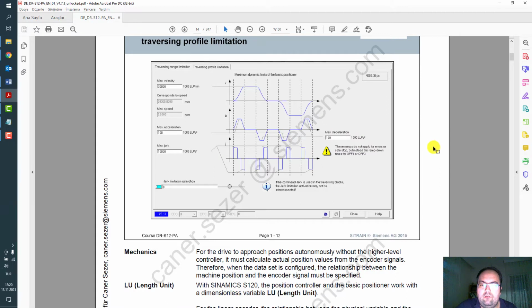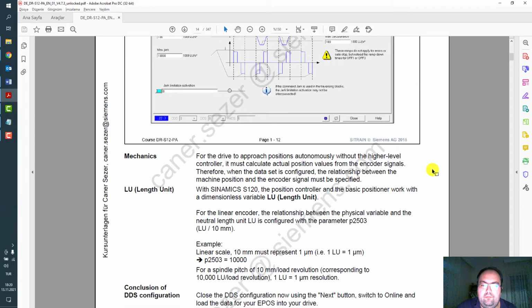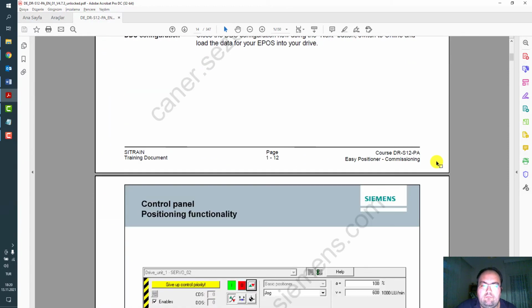So our motion commands afterwards will be limited according to these settings at runtime. Okay.